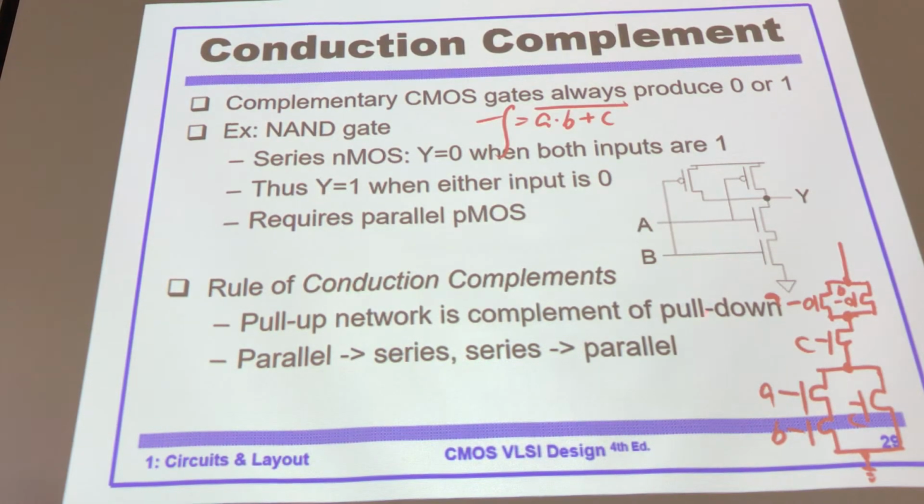Let me repeat it. A and B means connection in serial. Or C means the connection is parallel. Right? And why are A and B in serial in one network and in parallel in the other network? Because of this. Did you learn De Morgan's law before? In this logic, A dot